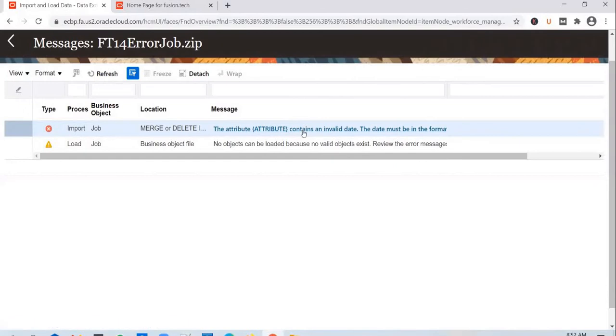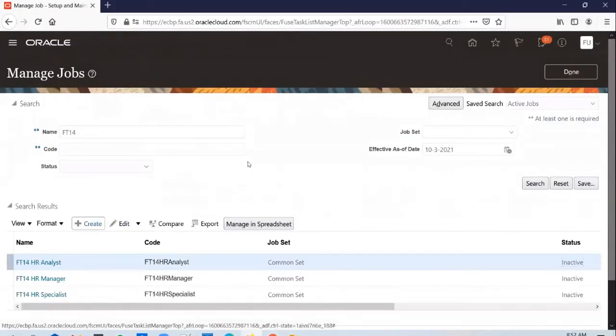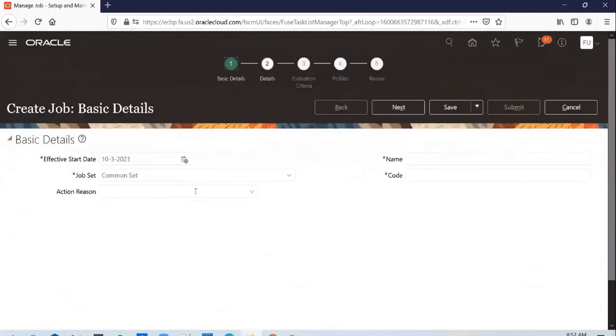So what I'm trying to highlight is, there are a few fields on the job which are the key fields, the mandatory fields with which you create a job, like the effective start date, a job set, name, and a code. Once the records are loaded into stage tables, if there is any problem with these fields, you will not be able to correct the data in the stage tables.